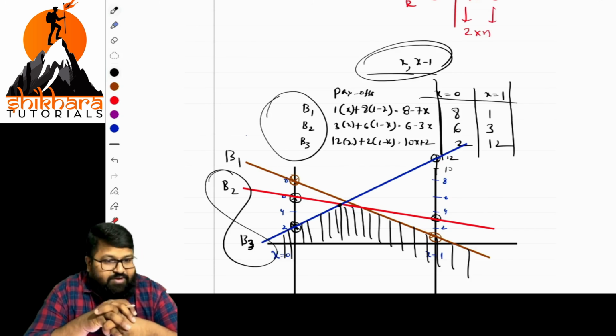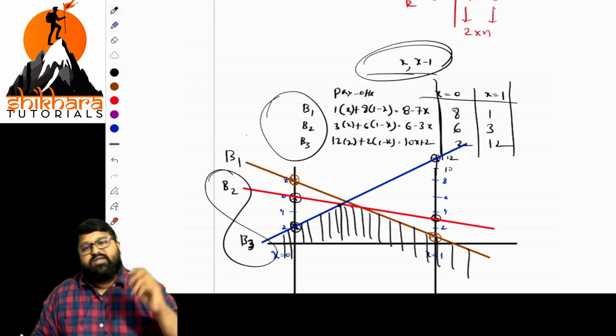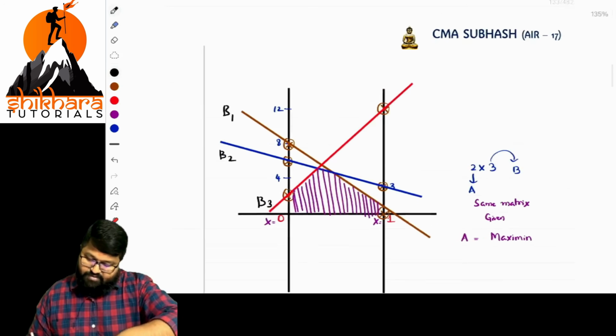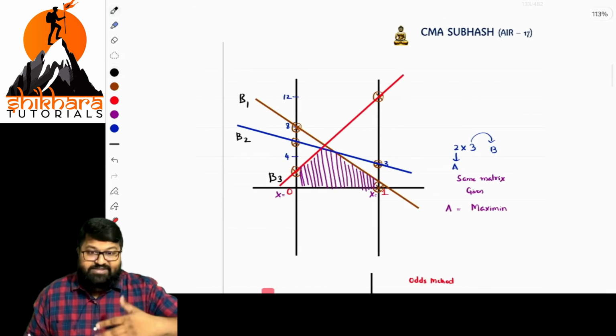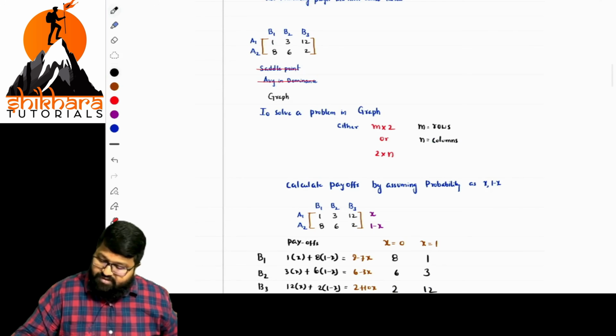Okay, so graph paper will not be given by them at all. You have to solve it by yourself on the paper. Once you observe this one, you get a clarity. Okay, so what are we doing? Is it clear now? If it is clear, I will explain here. So this is no more neatly presented, it will take more time. Okay, so basically, what is the order of the matrix now?